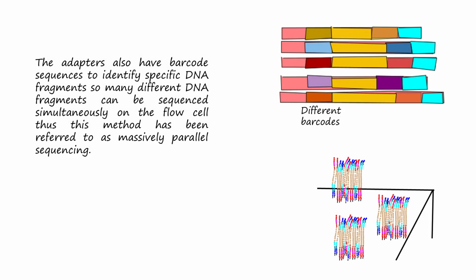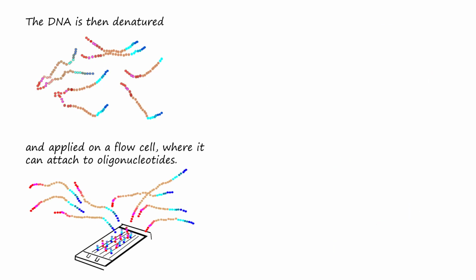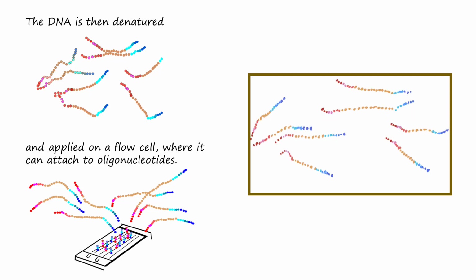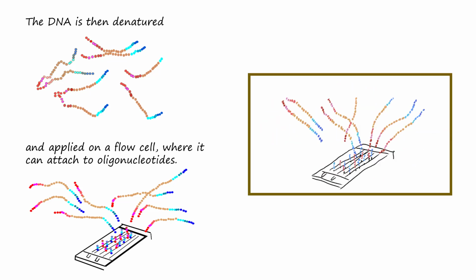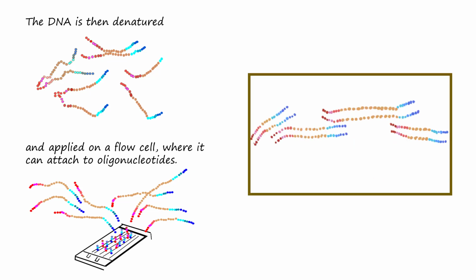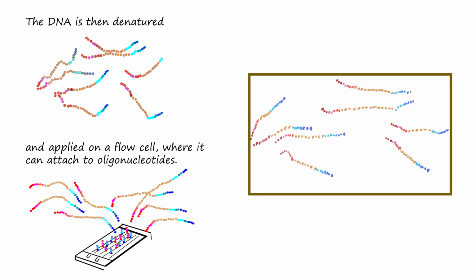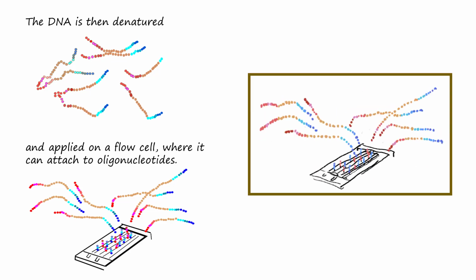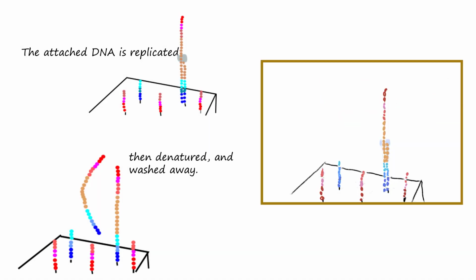The adapters also have barcode sequences to identify specific DNA fragments, so many different DNA fragments can be sequenced simultaneously on the flow cell, leading to this method being referred to as massively parallel sequencing. The library created is then denatured to form single DNA strands. It is added to the flow cell, which has anchored all over it oligonucleotides complementary to the adapters on the DNA library. The DNA fragments of the library hybridize to the oligonucleotides on the flow cell and are replicated, then